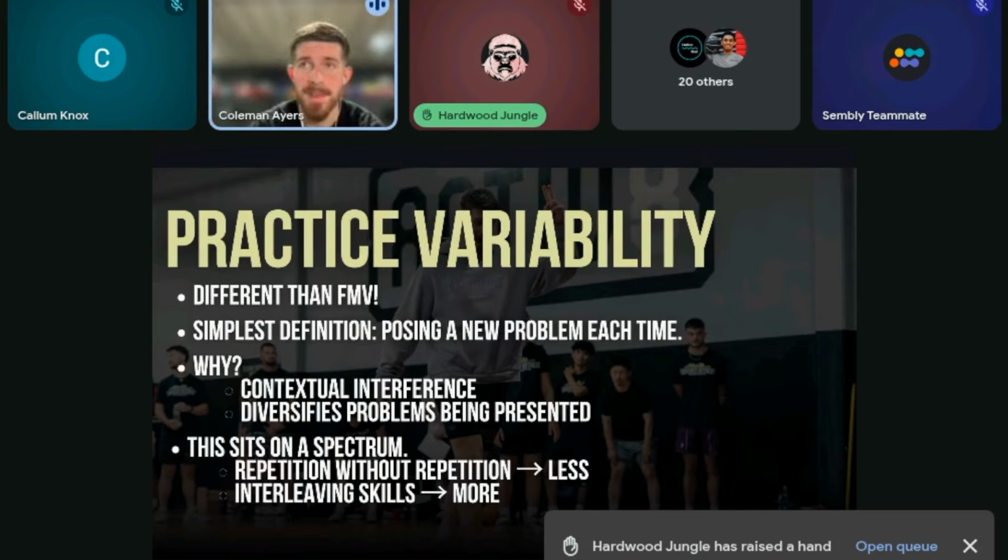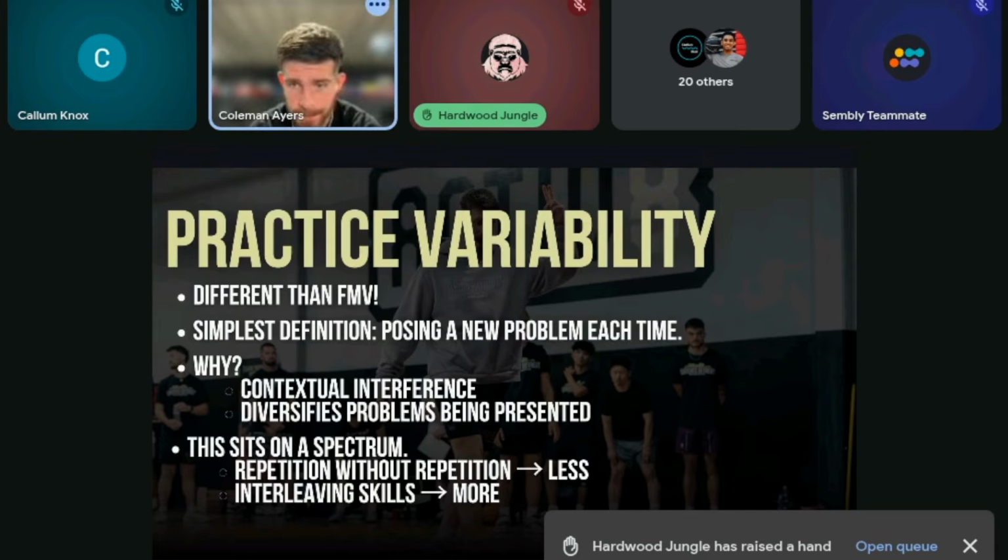So when we implement some variability, we are expanding the toolbox versus just continuing to sharpen one tool in the toolbox, which isn't inherently bad, but the drawback of that is that when it's blocked, we are not really developing this as well as we could because, again, there's no contextual interference. You're not solving the problem, just reciting the same thing. And as we've seen and hopefully understand by now, that's usually not the best way to approach building movement ability or basketball skill. Now, this sits on a spectrum, right?